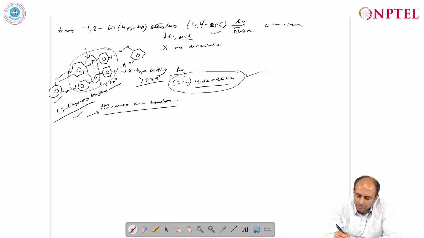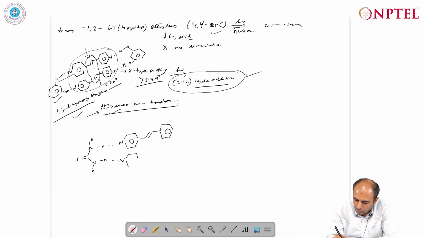Along the same way, people have now used thiourea also as a template to achieve the 2+2 photocycloaddition reaction. So let us now look at this dimerization process where thiourea serves as a template. So we have the two NH bonds, and this forms a hydrogen bond, NHN. NHN hydrogen bond, and this side also we have got